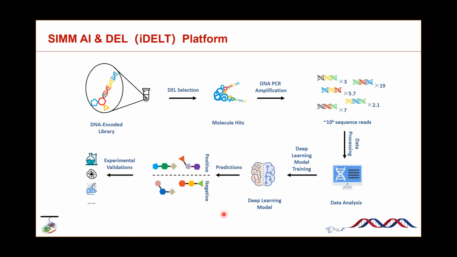So what you can think about differently is, for a new protein target, you can just do the DEL screening first, and using the data generated by the screening, you can build up the model, and with this model you can do many things. For example, you can use this model to predict compounds from the known commercial library, and this will be very interesting because DEL libraries' chemical space is quite different from the known commercially available compounds, and this type of DEL and AI integration could help you access different chemical space, and